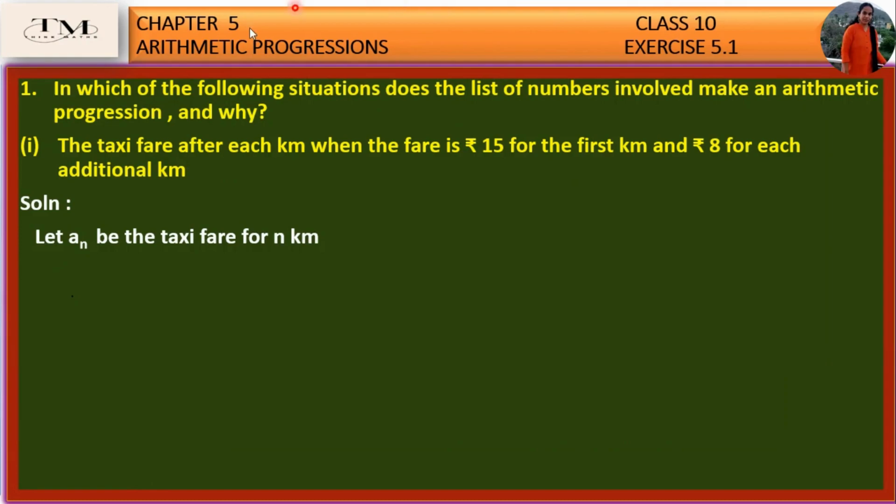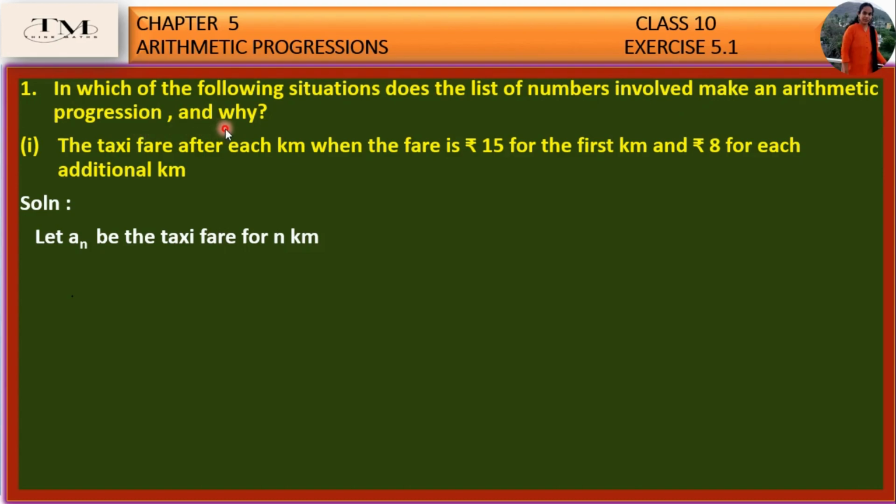We are in class 10 Maths, chapter 5, Arithmetic Progressions. So in this session, we are going to discuss exercise 5.1, questions number 1, 2 and 3. Question number 1: in which of the following situations does the list of numbers involved make an arithmetic progression